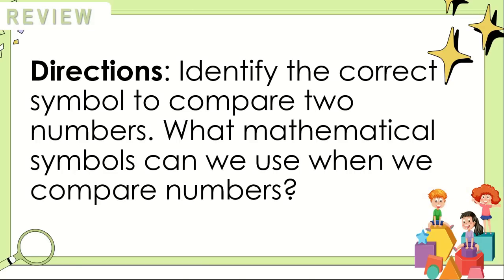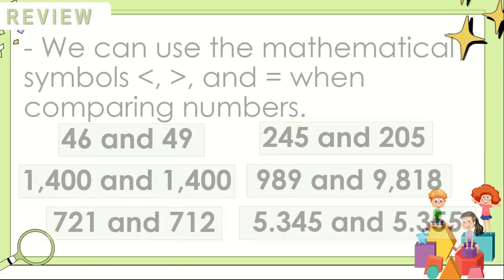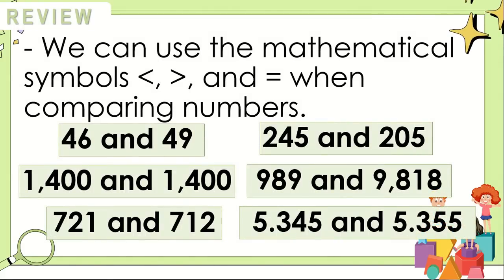Identify the correct symbol to compare two numbers. What mathematical symbols can we use when we compare numbers? We can use the mathematical symbols less than, greater than, and equal to when comparing numbers. So here are the numbers to be compared: 46 and 49, 1,400 and 1,400, 721 and 712, 245 and 205, 989 and 9,818,